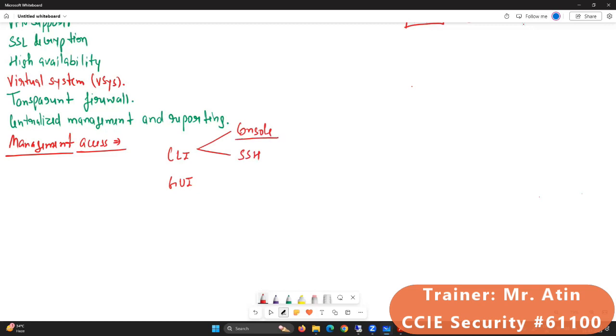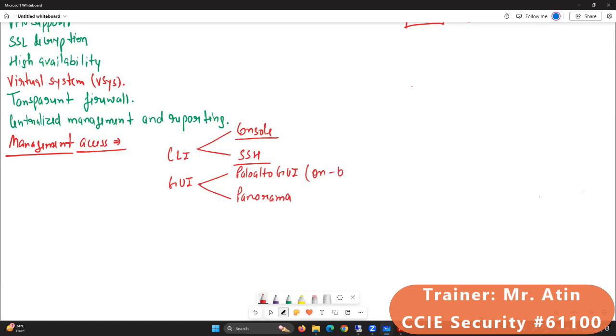Console port will provide you the access when you are physically connected with your firewall with the help of a console cable and your PC, right? And this remote access CLI can be provided using SSH protocol, secure shell. So we will see how to take that access. And GUI access will be provided if you want to access the individual firewall, then you can use Palo Alto GUI, or you can also use Panorama. On box is called local management, and off box is called centralized management. Okay,